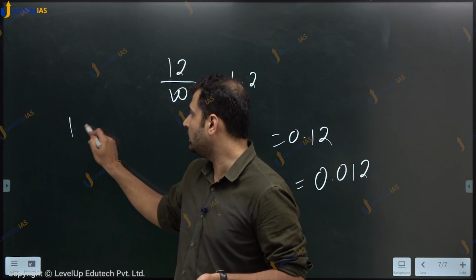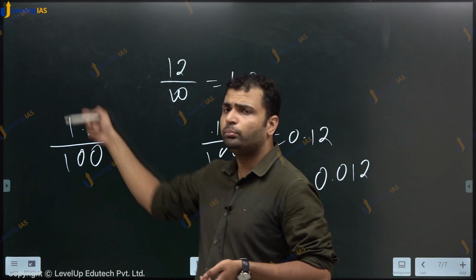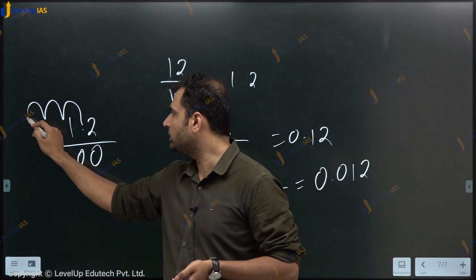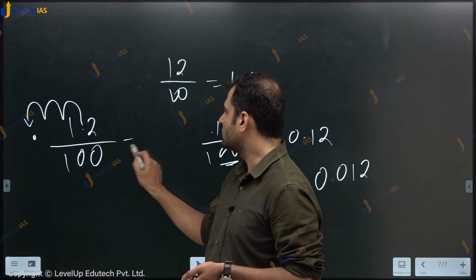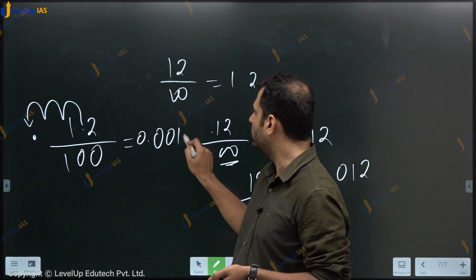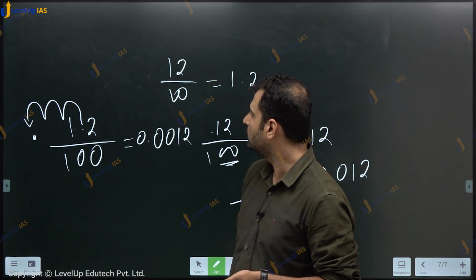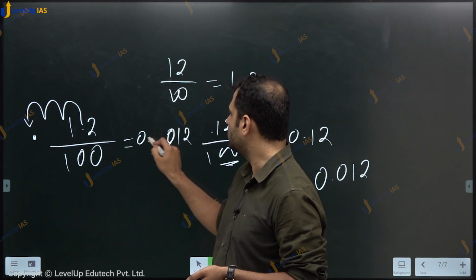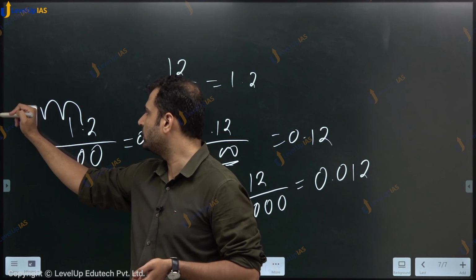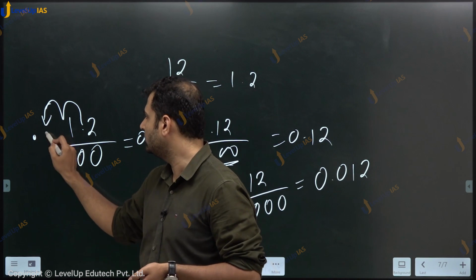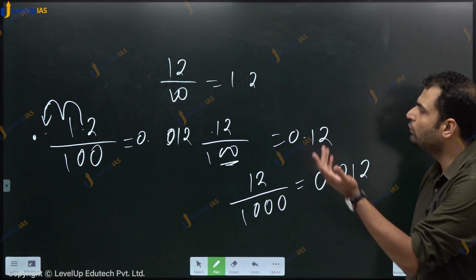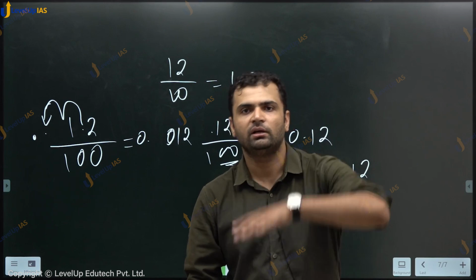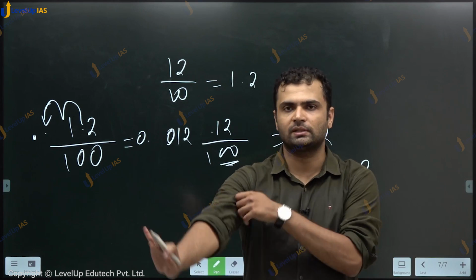What if it already has a decimal point? You shift it to the left further, like 1, 2, 3. Here you will shift, and the answer becomes 0.0012. Correct? No, I have put one extra 0. यहाँ से ये यहाँ पर. So dividing by 100, you have to shift it by 2 places, not 3. Dividing by 100 है ना, so you have to shift it here. That is how you divide. Dividing by 100, you shift the decimal point to the left by 2. When multiplying, you shift it to the right. That is the process.